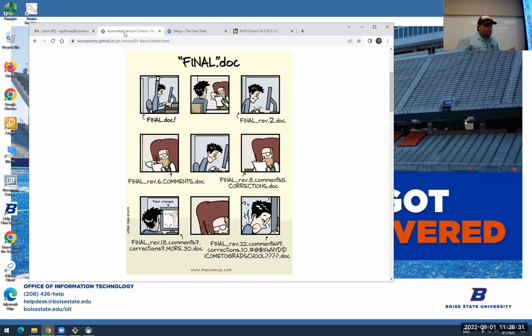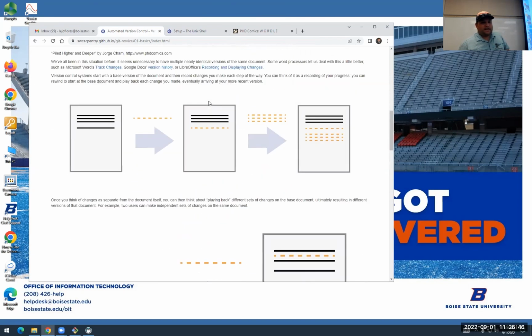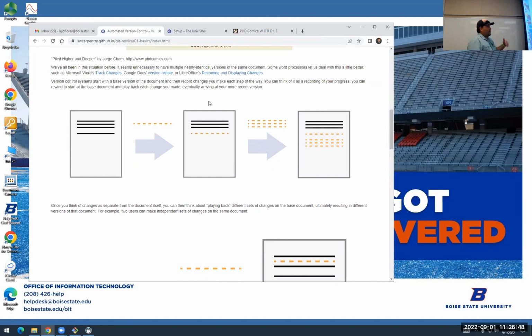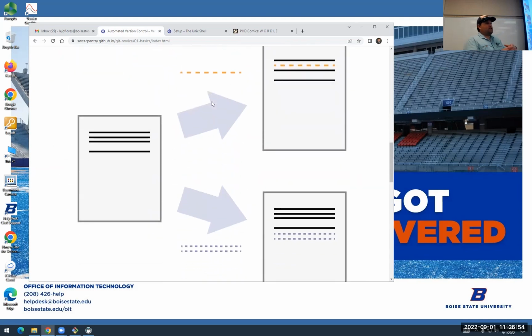So that's exactly what version control is. And truthfully, you can use version control for Word docs. Some people have used version control for Word docs. Most often, though, we use it for our code, right? And it is this idea that we have people that are adding lines, that are subtracting lines, that are inserting lines, and we need some way to make sure that we don't lose those changes, but also